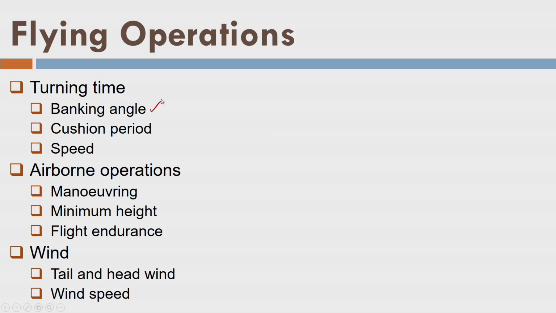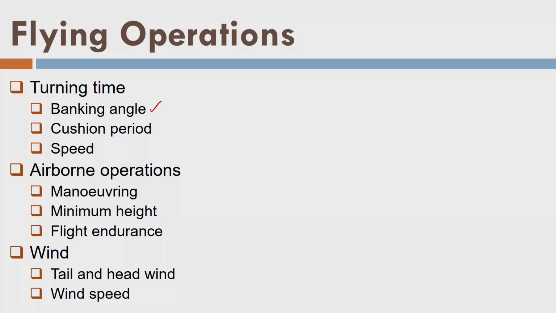Then we have the cushion period. What is the cushion period? When the aircraft turns from one flight line to the next flight line, it will have some kind of cushion before it starts the data acquisition, that is, the start of the next flight line. We have to provide this period to the pilot, and it is around 30 to 60 seconds. It depends on the pilot, person to person. In the case of a helicopter, since a helicopter can do sharp turning, this period reduces to 15 to 30 seconds. In the case of an aircraft, it is 30 to 60 seconds. So it depends on which value the pilot prefers. We have to provide some provision for this kind of cushion also.